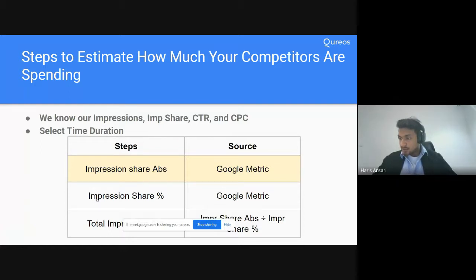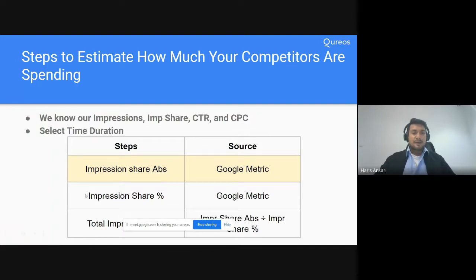Tabasum is asking a question: how can people from a medical background increase their software skills, because the demo you are delivering now is a little bit difficult. I understand that it's very technical, but when you look into the detail, honestly, whether you are from a medical background or an engineering background, it's very easy to understand, because they have built the systems in a way that everyone can understand and run the campaigns. So just keep on asking questions. The more questions you ask, the better you will be able to understand.